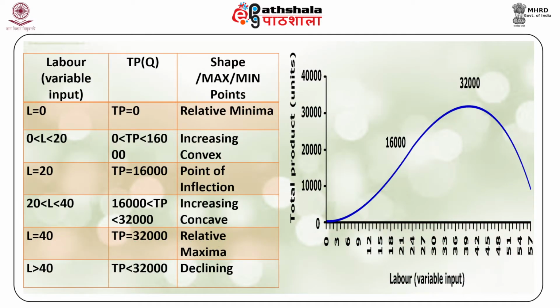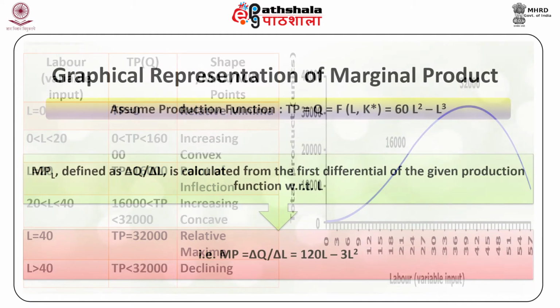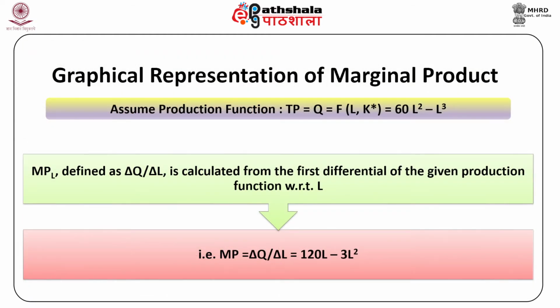The results are summarized in the top panel of table 3, while the graph of the TP curve or the production function appears on the top panel of figure 3. Thereafter, we examine the behavior of MP of labor, MPL, as L is increased. Recall, MPL, defined as delta Q upon delta L, is calculated from the first differential of the given production function